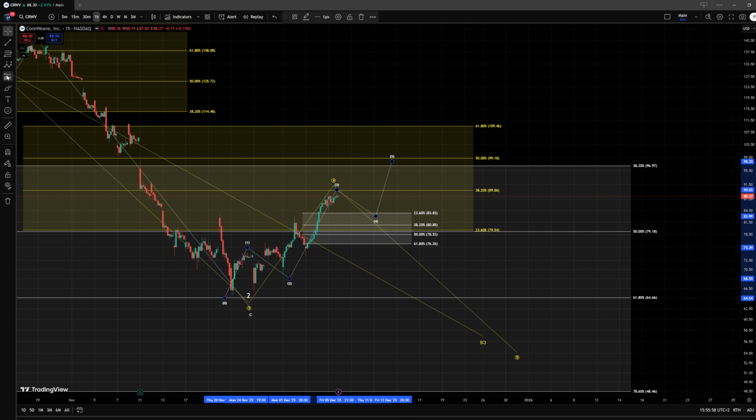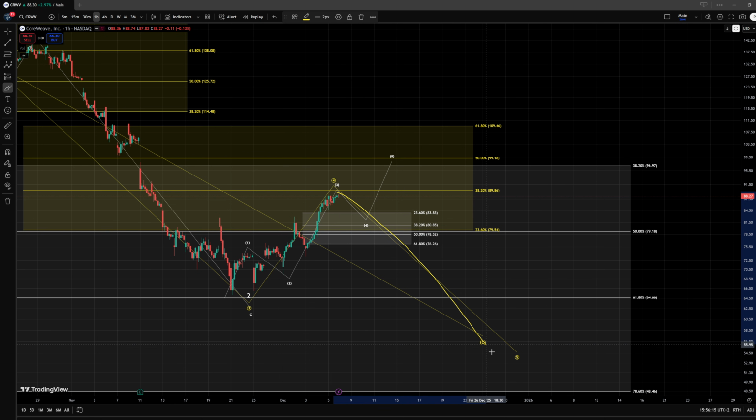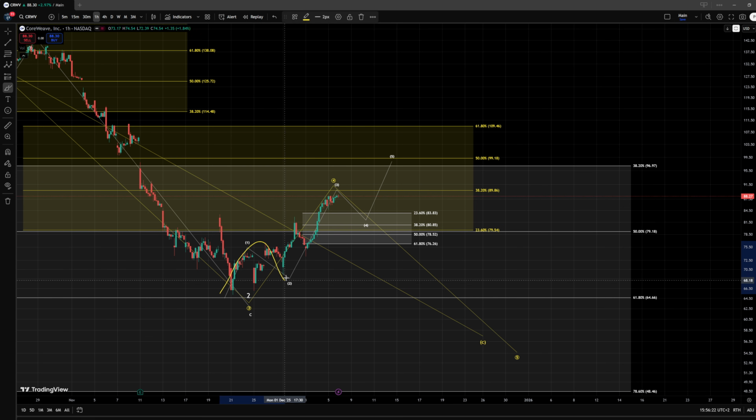Actually, we can leave this level, but I would be looking for support here in the wave 4 at the levels between the $83.8 all the way down to the $76 level at the 61.8% retracement, where a break below that level would be a quite worrisome signal to me that this structure to the upside will not end up forming a 5-wave move. We should be prepared for our larger, either a direct retracement into a 5th wave to the downside, or a larger leading diagonal to be forming, because this would not be a 5-wave move to work out still if we fail to hold once again the